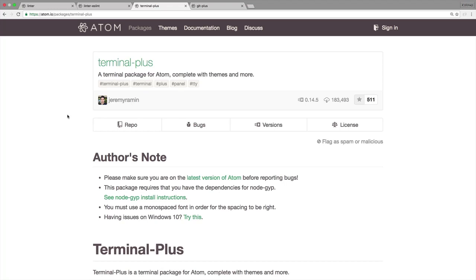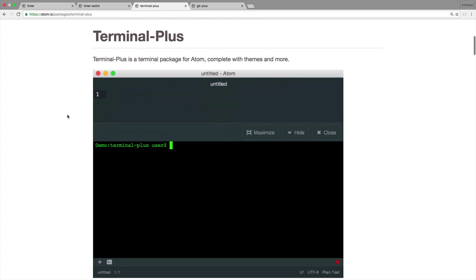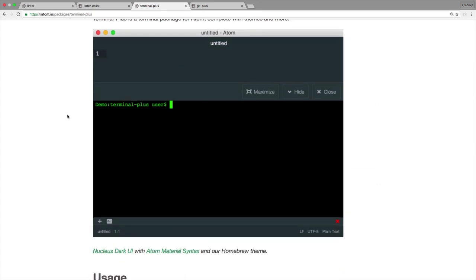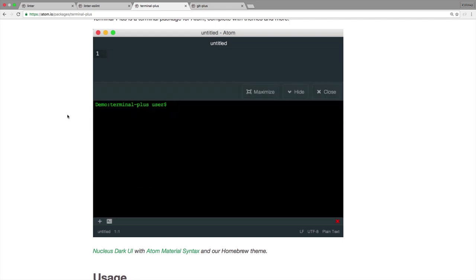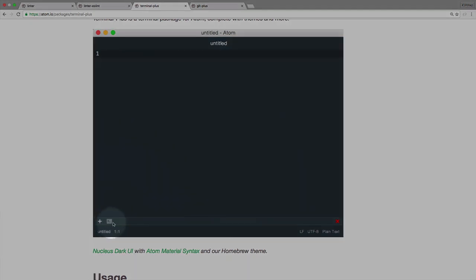So the next tool integration package is Terminal Plus here. And like I said, this is definitely one of my top favorites, indispensable Atom packages. There are other options for this, but I like this one and it works well. So what it allows us to do is it gives us a little window at the bottom and some keyboard